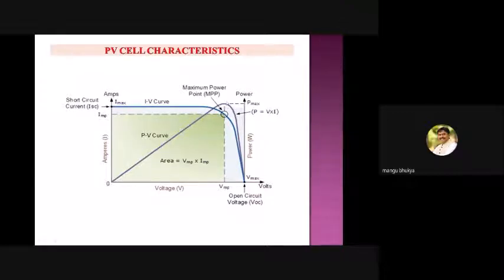All this concept depends on the maths only. So a simple concept. Before MPP and after MPP, we have to see the relation between the voltage across the panel and the power drawn from the panel. Before MPP, this is a straight line passing through the origin, so it is increasing. So the slope is positive.